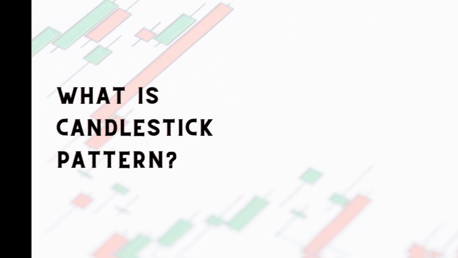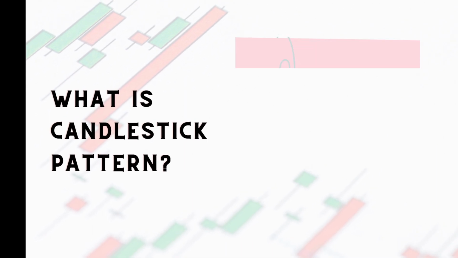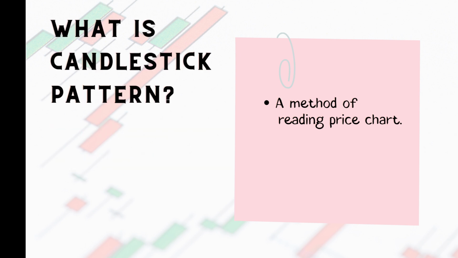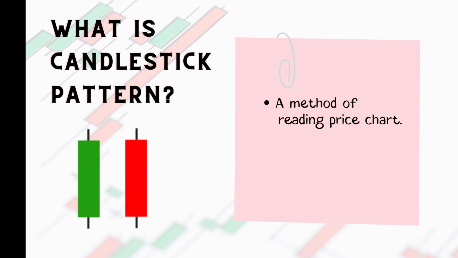So, first let's see what a candlestick pattern is. A candlestick pattern is a method of reading the price action of a certain stock, index or commodity over a time range. Usually candlesticks will be red and green. Some people look at black and white candlesticks, but let's leave them aside. To make it simple, a red candle means a negative candle or a downside price movement. In the same way, a green candle means positive or an upside price movement.